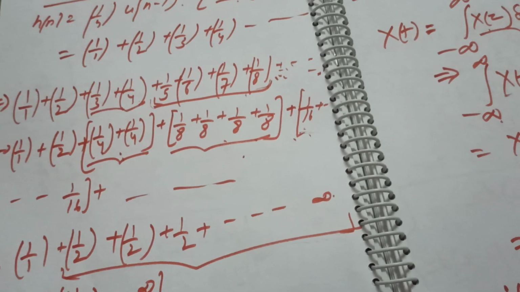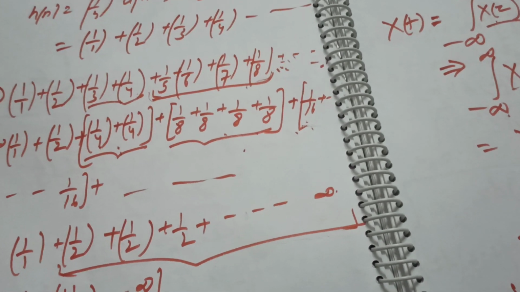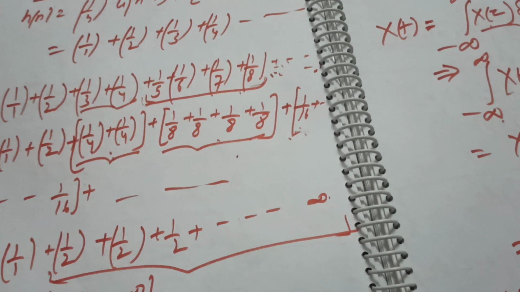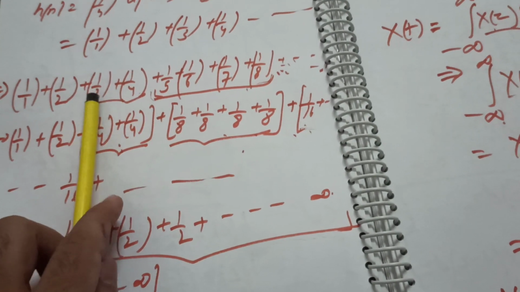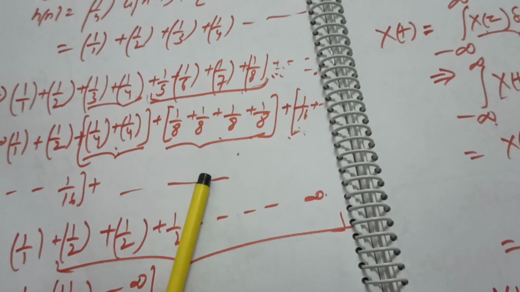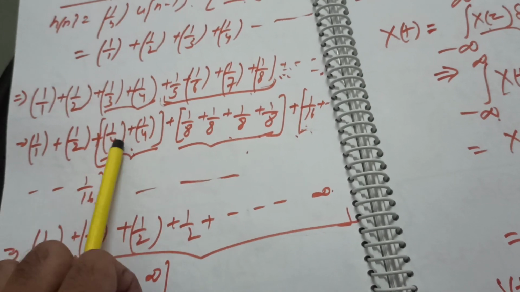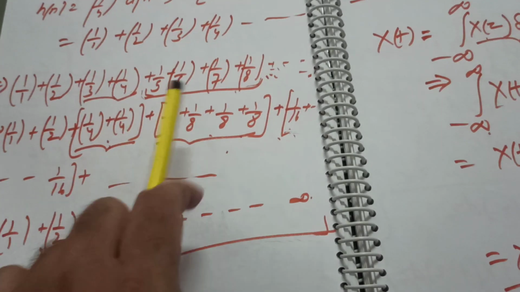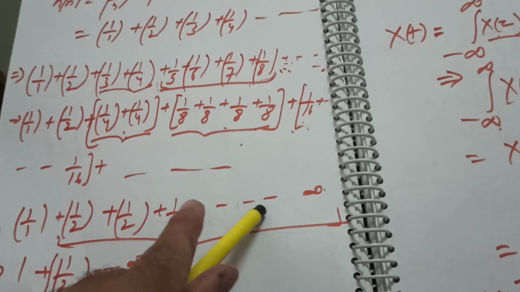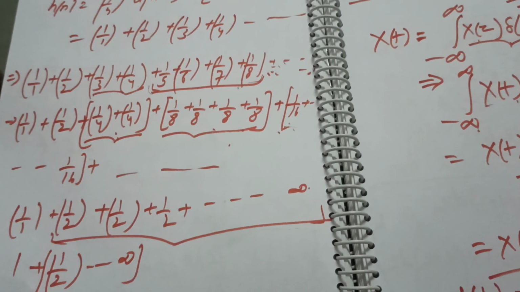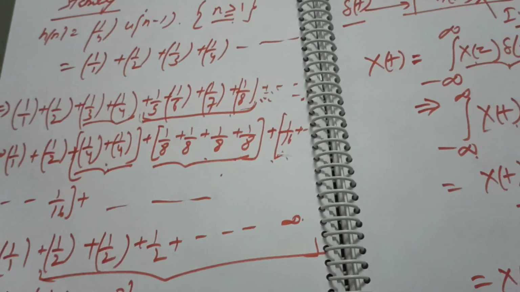What will we do? How are we going to solve this sequence? Very easy. Look at this. This is 1 by 3, this is 1 by 4. 1 by 4 will be smaller than 1 by 3. Yes. So we will replace this 1 by 3 by 1 by 4. Again this is 1 by 5, 1 by 6. We can replace 1 by 5 by 1 by 8, and 1 by 6 by 1 by 8, because these are all smaller values. So four 1 by 8 values will be there.